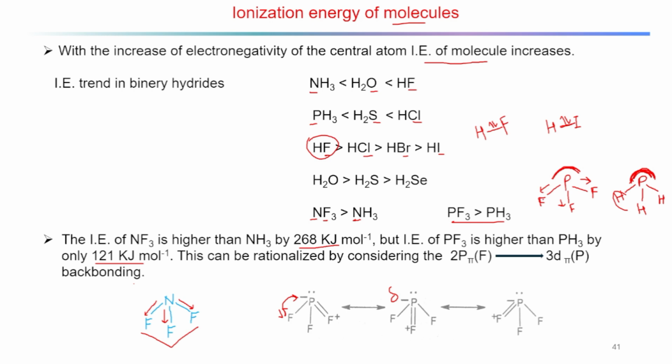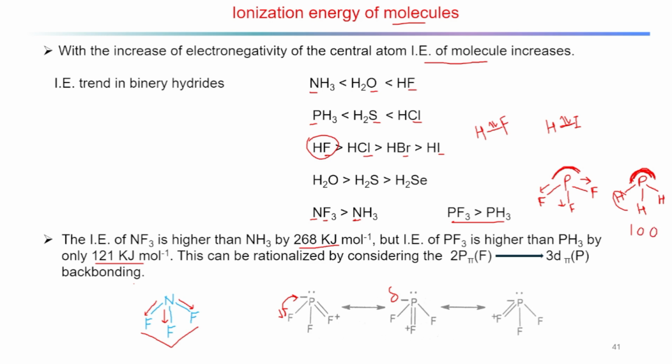So now because of this p pi d pi back bonding, some electron density is going from fluorine to phosphorus, and that is actually a little bit increasing the phosphorus's electron density. So that's why the ionization energy, which could be much more, is not a very big number compared to PH3. Okay, for example, if I give some arbitrary numbers, just take for example